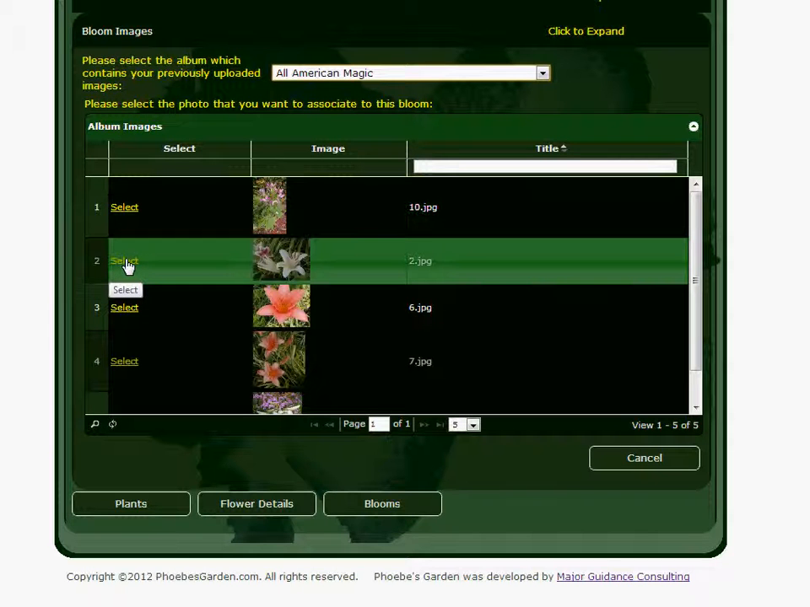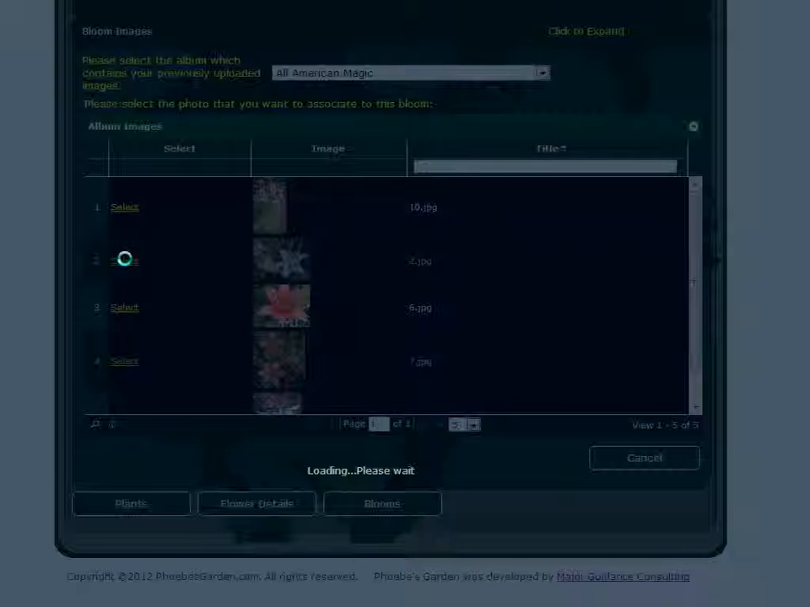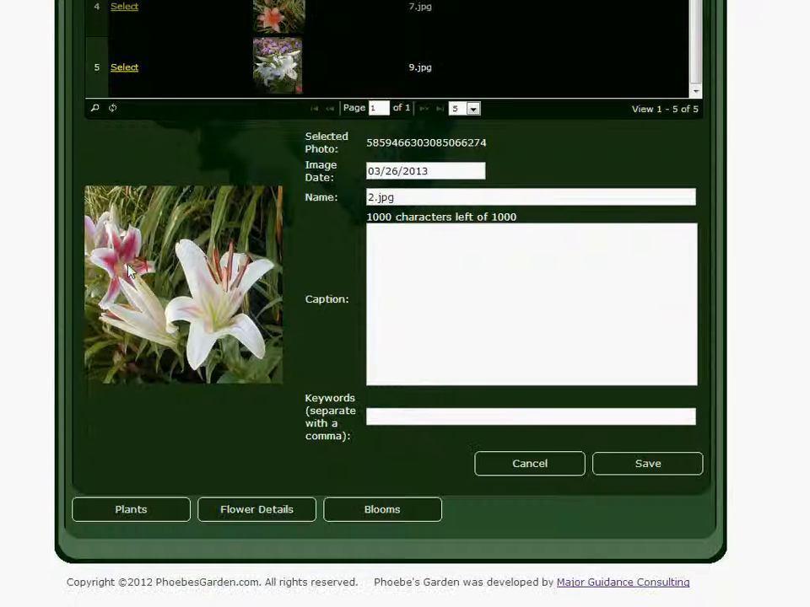So let's select this image right here as the image that we want to associate, which already exists on Google. So we'll select that, and once we do that, you can see the image information is brought up. You can change the name or the caption there or add keywords to it as you so desire. For this demonstration, I'm going to go ahead and skip that, but you can do that in the future or